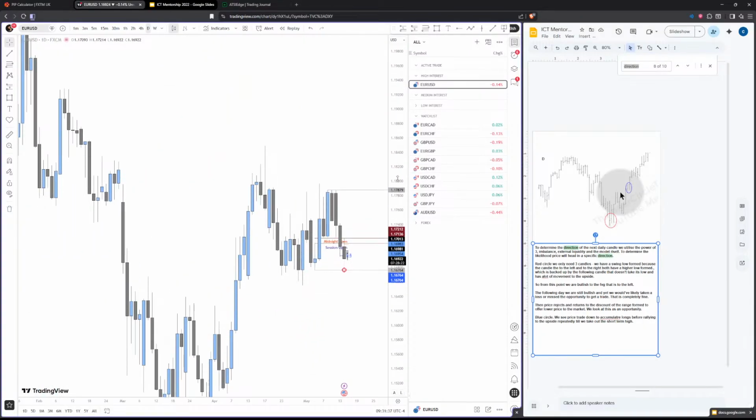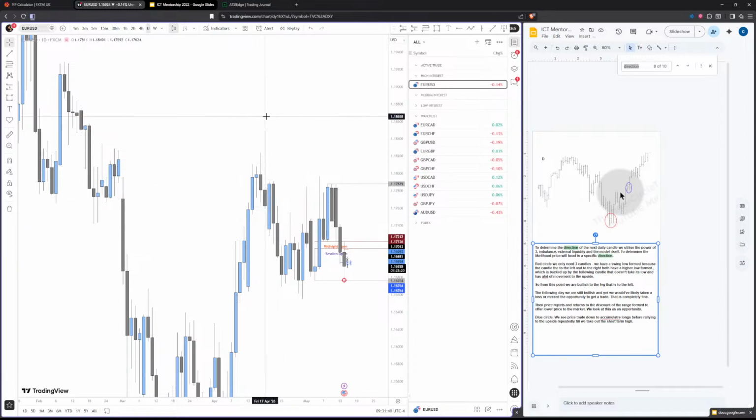For example, at least from here, we're bullish, to here, we're bullish, right? But you'll notice what happens here: 1 candle, 2 candles, 3 candles. So that's the 3 candles, then we have a swing low. This low is higher than this low, and this low is higher than this low. So with this candlestick that looks like a doji, the candlesticks to either side of it have a higher low than it, which makes this the swing low.